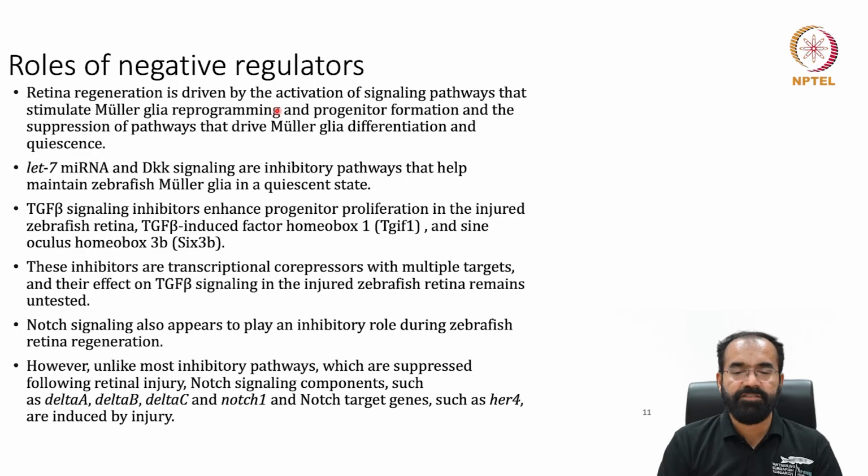Retina regeneration is driven by the activation of signaling pathways that stimulate Muller glia reprogramming and progenitor formation because of these activators, and also suppression pathways that drive the Muller glia differentiation and quiescence. Sometimes some pathways do not want the Muller glia to continue to proliferate. They want the Muller glia to differentiate. So if the differentiation is happening in a premature manner, then it is not